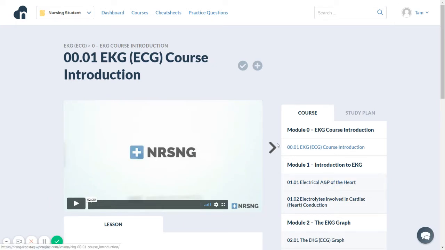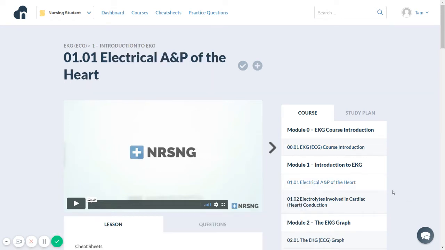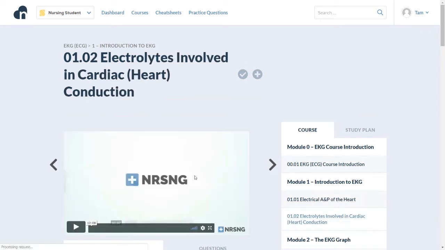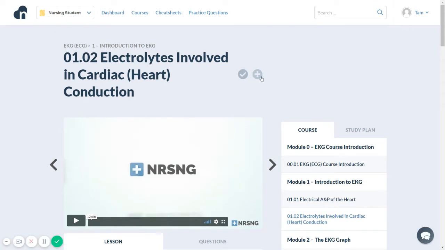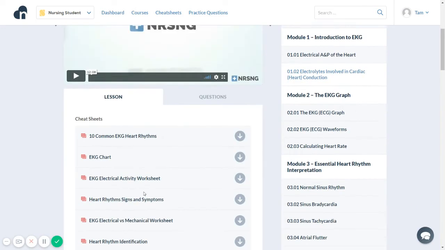So you can actually select the next lesson from the side tab, or you can select the next lesson from the arrow right here. Once you're on the lesson that you want to be on, go ahead and scroll down and you'll be able